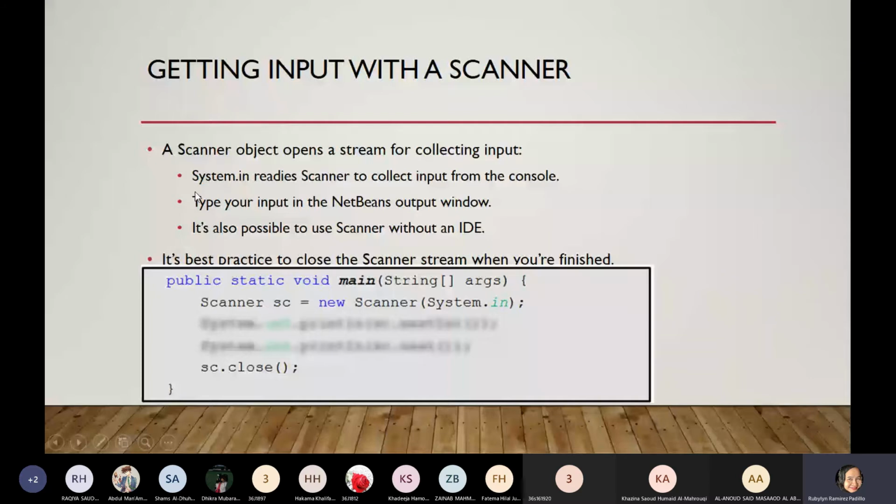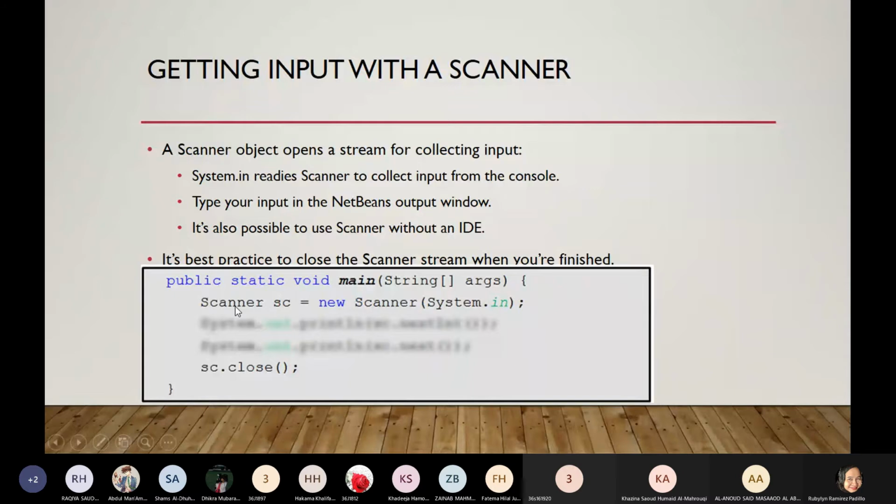Now, how do we do that? How is it possible in NetBeans IDE, or using this particular integrated development environment? What we do is we assign an object for that Scanner class, using this format.